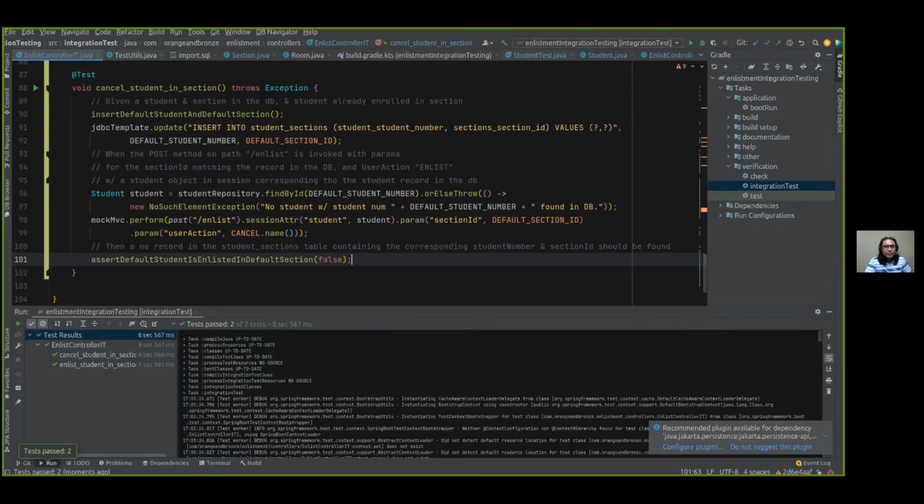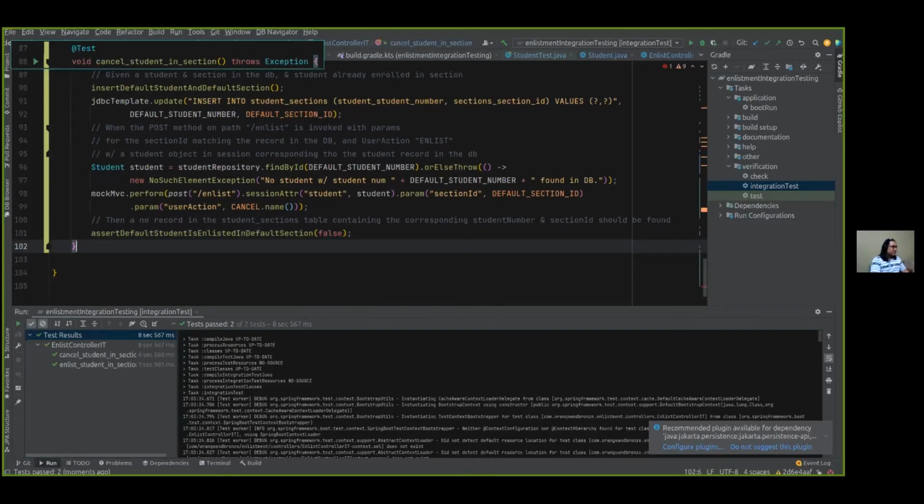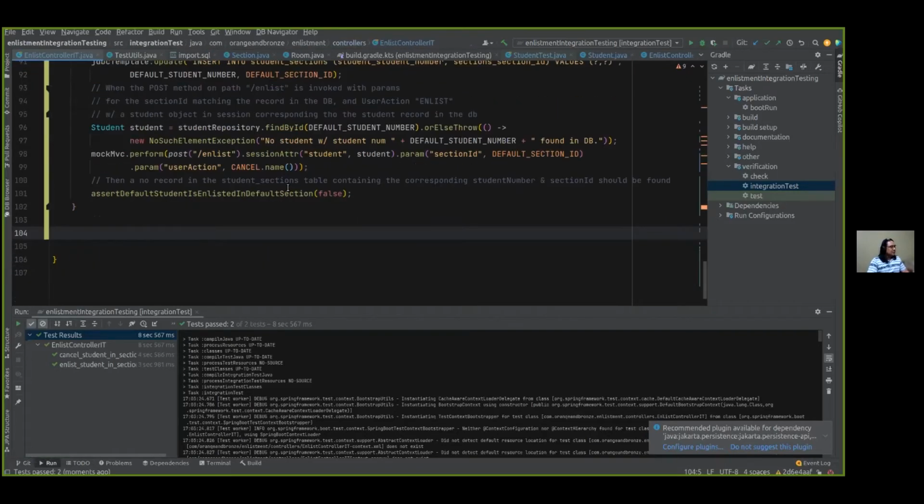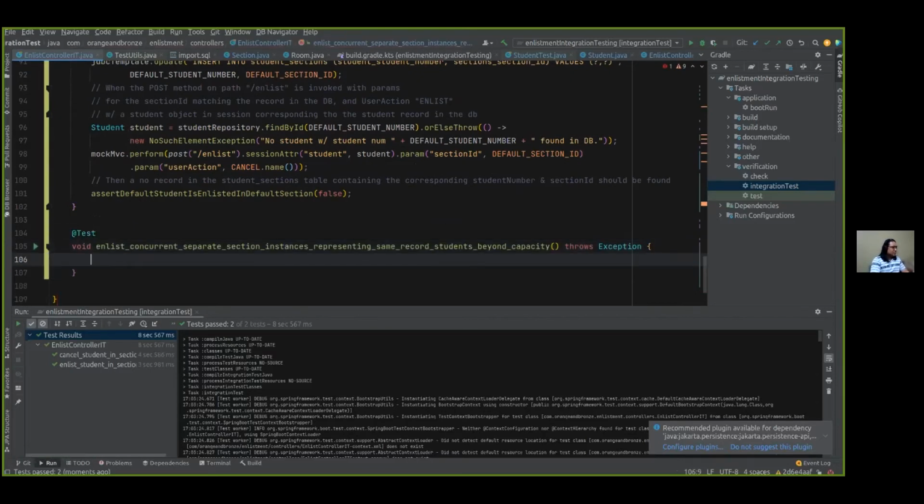multiple concurrent enlist, right? So here I'll call this enlist concurrent separate section instances representing same record beyond capacity. Tama ba yan? The given is we will have